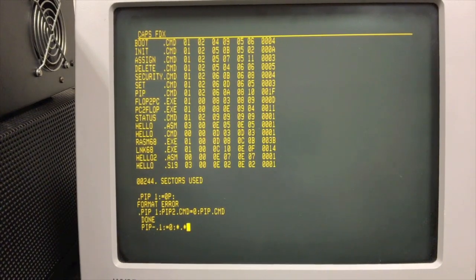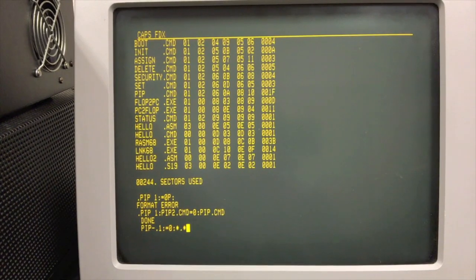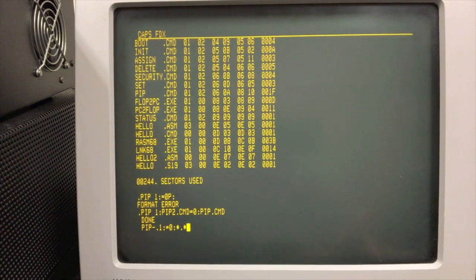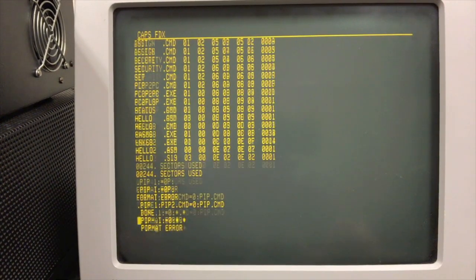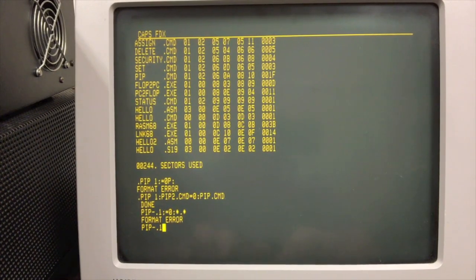And so everything will be nicely organized in the most efficient manner possible if you had a newly formatted disk. But it's going to ask you to confirm every single file that you copied like we saw before. The other format is without